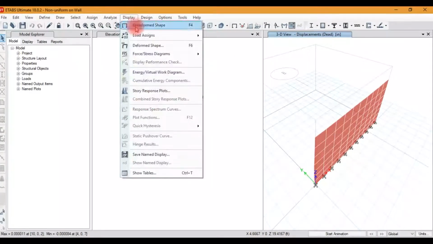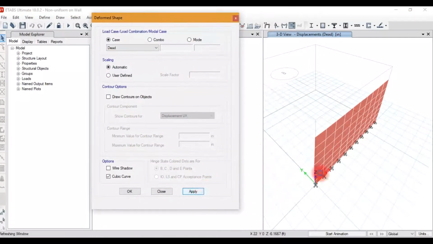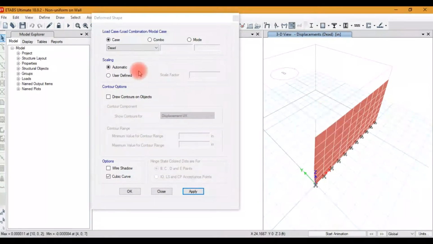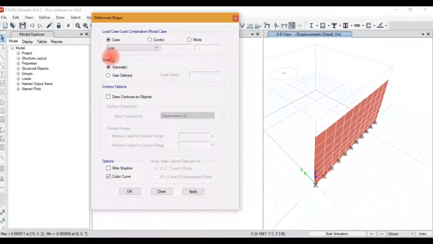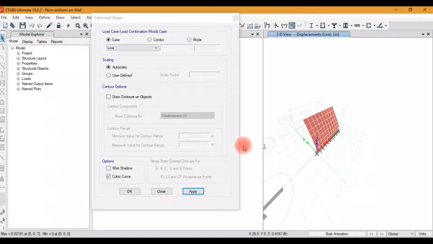Now we will display the deformed shape. This is the default dead case, and we will use the live case. This is the deformed shape.